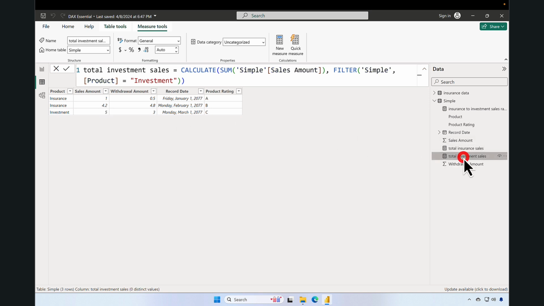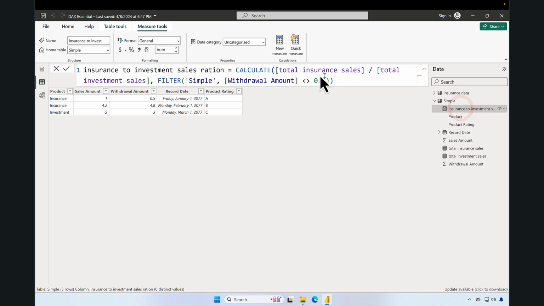And the same goes with the investment. So the first row has been excluded with our first measure, the insurance over investment sales ratio. And it's going to look at the second row and third row, figure out which product equals investment. Oh, it's the third row. So it's going to take this row, and then it's going to take this row's sales amount, which is 5. Okay. So now we come back to the measure. So we have 4.2 for the total insurance sales, and we have 5 for total investment sales. So it's 4.2 divided by 5, and the result is